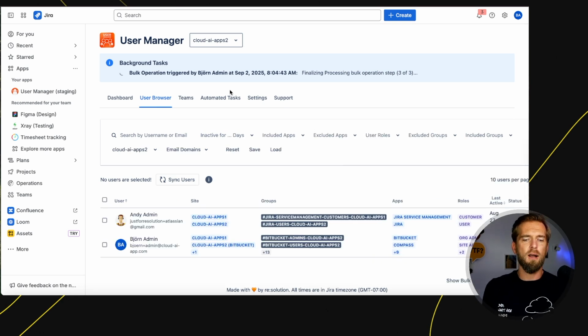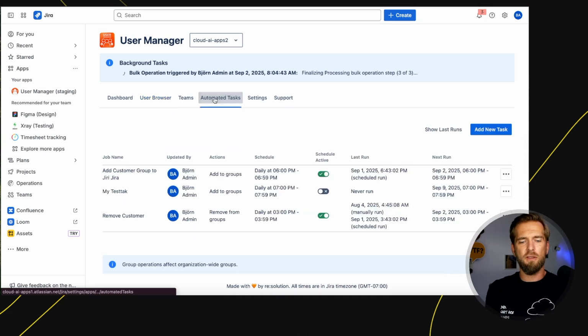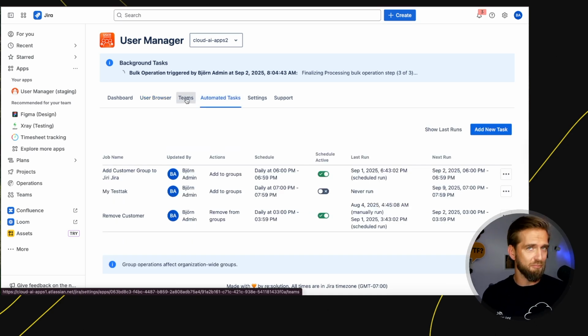Okay, so you have seen the user browser. You have seen the automated task. You also see a tab Teams already. This is in preparation. So we want to allow in the future, and when you see the video, it's already released. You will get some information about teams here, which users are aligned to which teams. And in the future, you will also do changes on teams, and we will include it more and more, also more defined group management. But the user and group management you can do already super powerful with the user browser